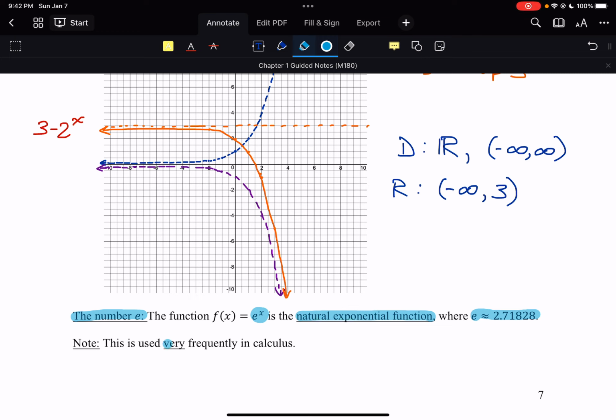And we will be using e very frequently in calculus, and you'll see why as we get a little further along in the class, but there are a lot of nice features that come along with this function as opposed to some other exponential functions we might work with. So we like to use e to the x very frequently. In terms of its graph,